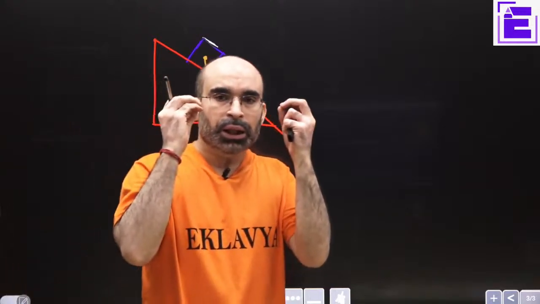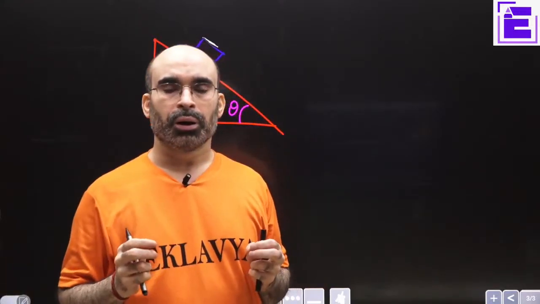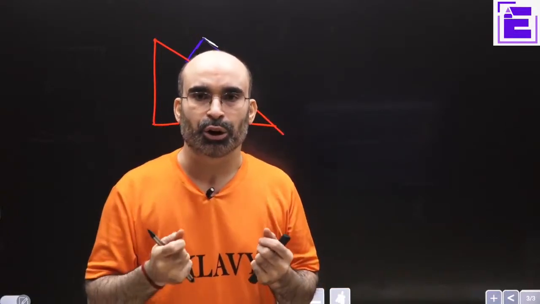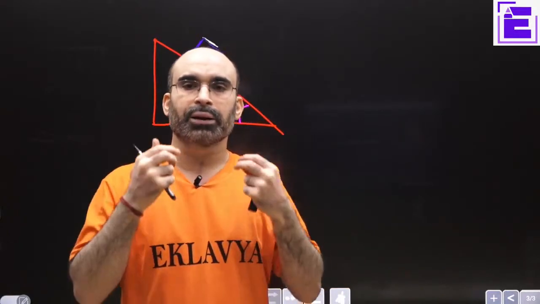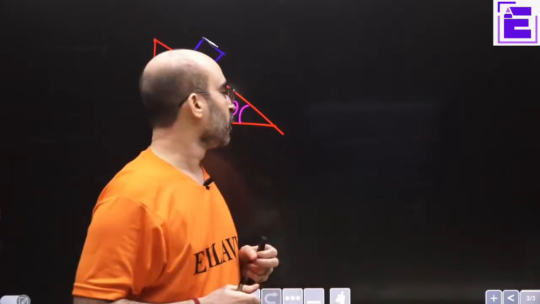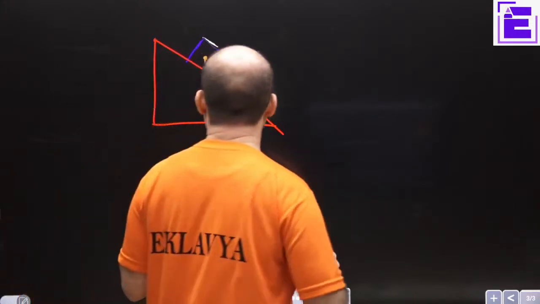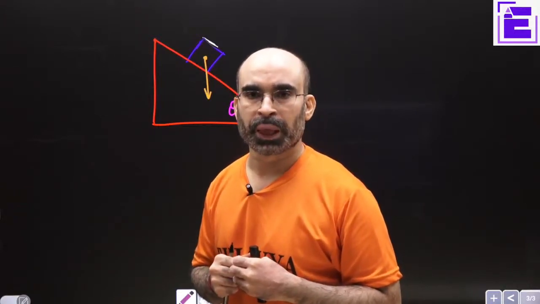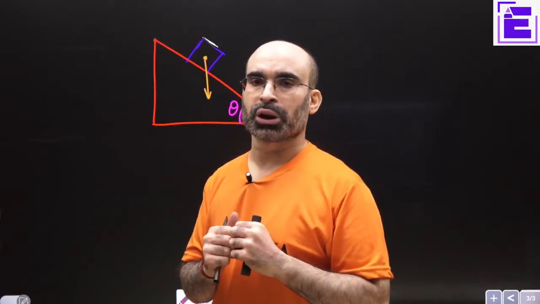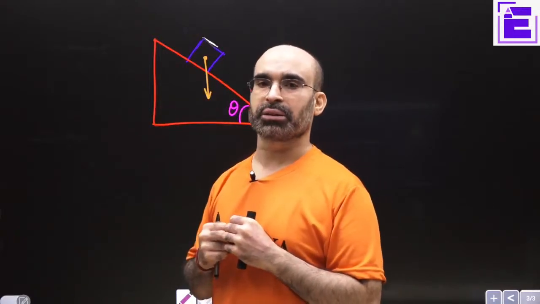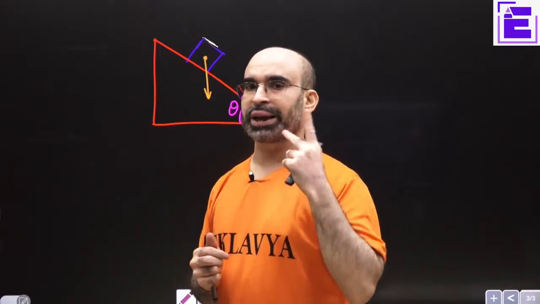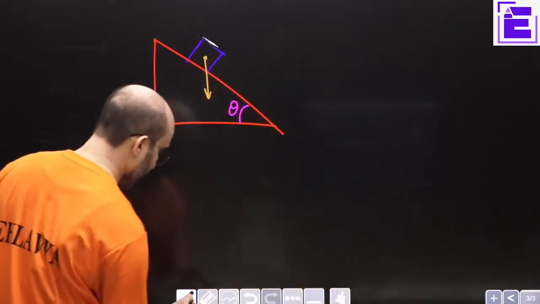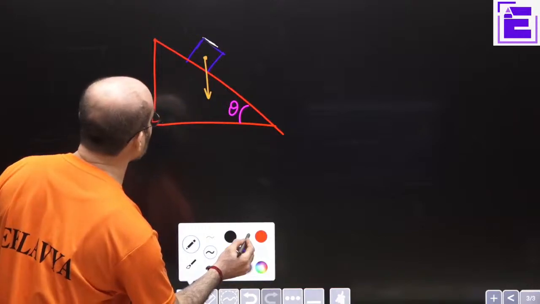Here we need a little bit of basic understanding of trigonometry and geometry. So what exactly are we interested in finding out? We are interested in finding out the component of this weight along two axes, two directions. Just have a look. One direction we are interested in finding out is